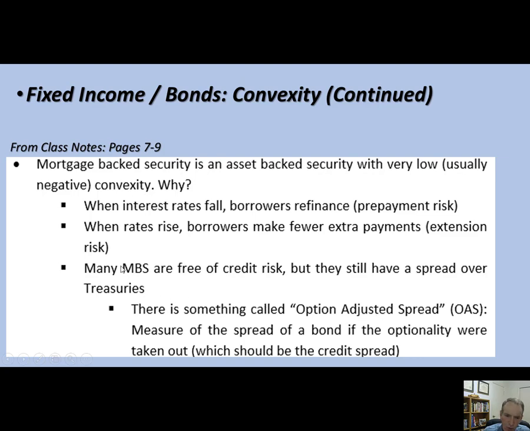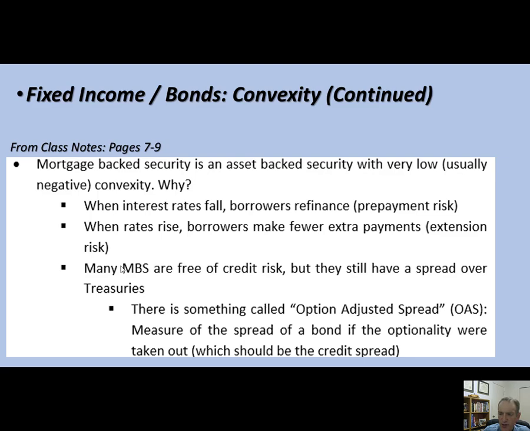Well, I just mentioned the 25 basis points. The 25 basis points is what we call the option spread. That's the extra return you get because you're providing the option to prepay the bond early. All right, let this sink in. You may have to watch this part of the video over a few times and read up on it. So what is the option adjusted spread?